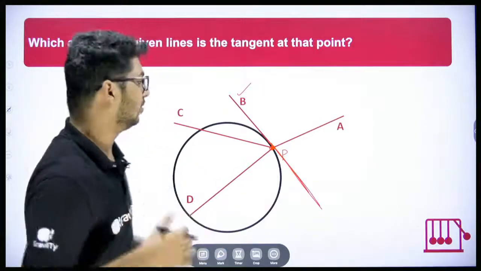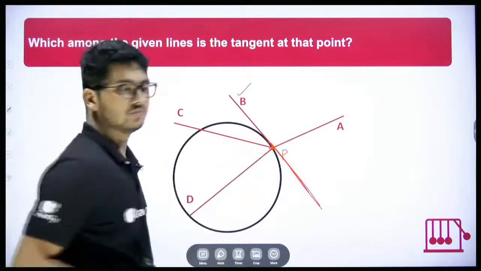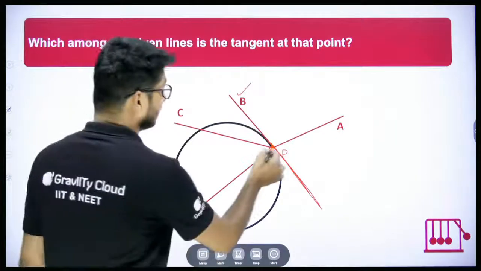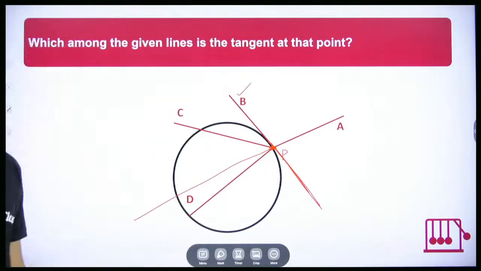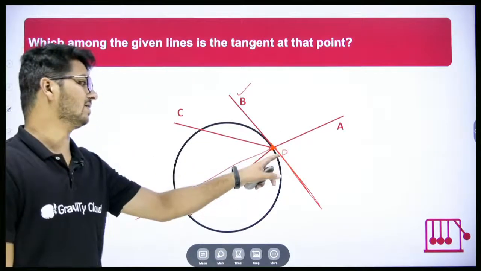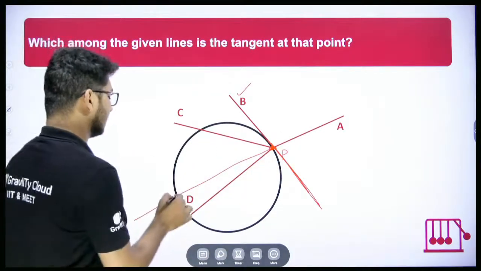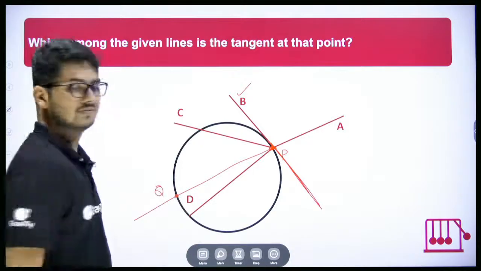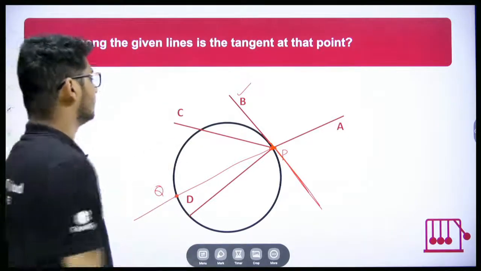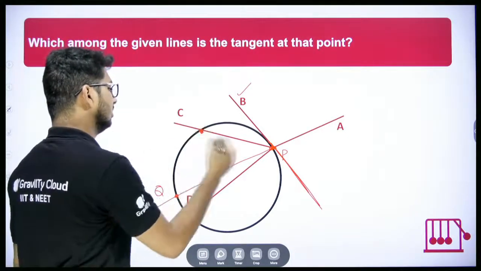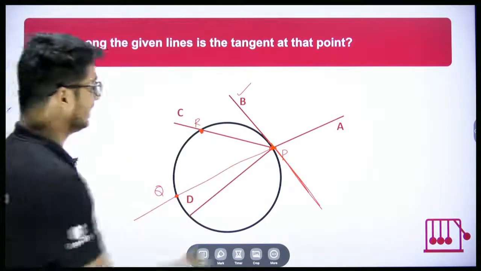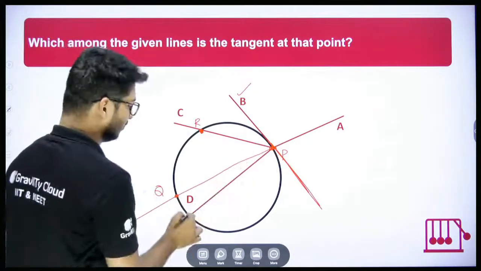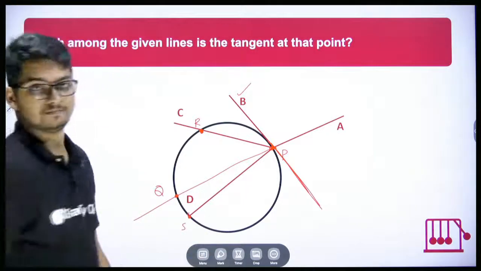But if I look at A, you might think, sir, A is only passing through one point. But you have to extend it. So when you extend A, it is the line A, passing through P as well as another point here, Q. C also is passing through 2 points. Let's say PQ, it is passing through P and R. And D obviously is passing through P and S.